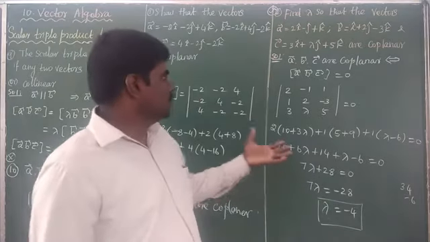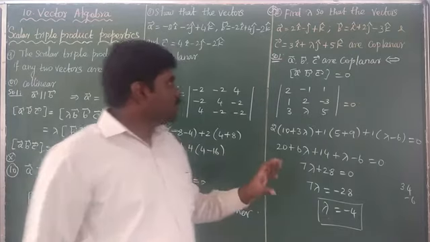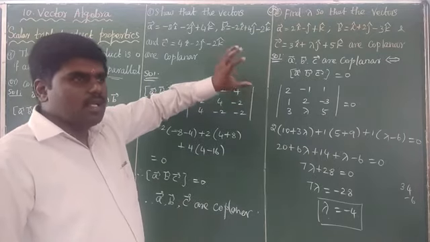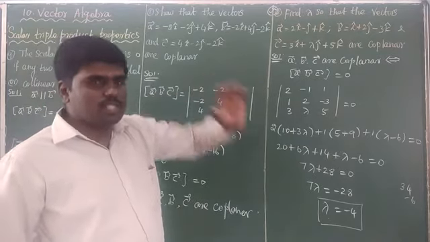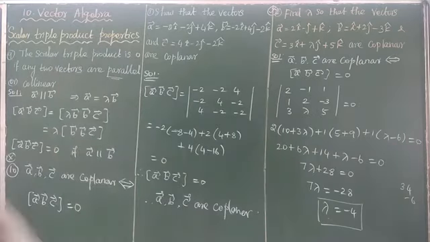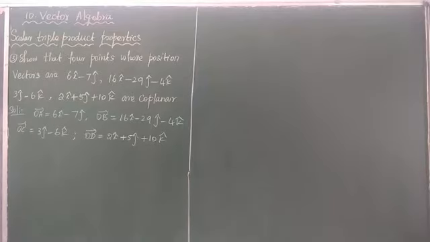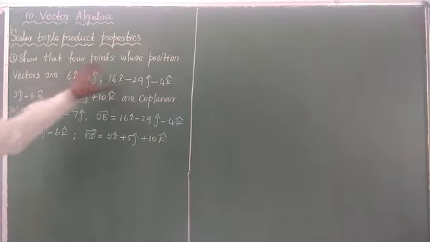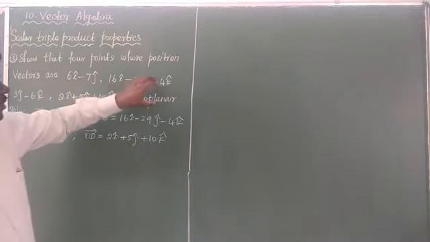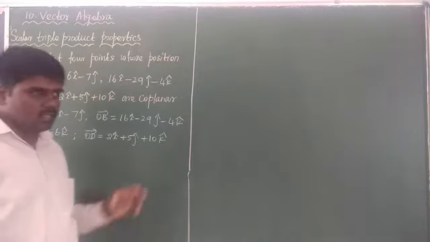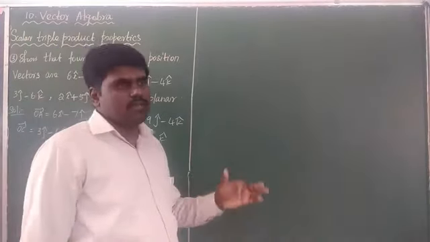Okay. This is a many-time-asked board question also. So here you prove that 3 vectors are coplanar. So next example, you prove that 4 vectors, given 4 position vectors, how do you prove that they are coplanar? Okay, you see one example. Here the 4 points, 4 position vectors are given, and to prove that the 4 position points are coplanar, you prove that.